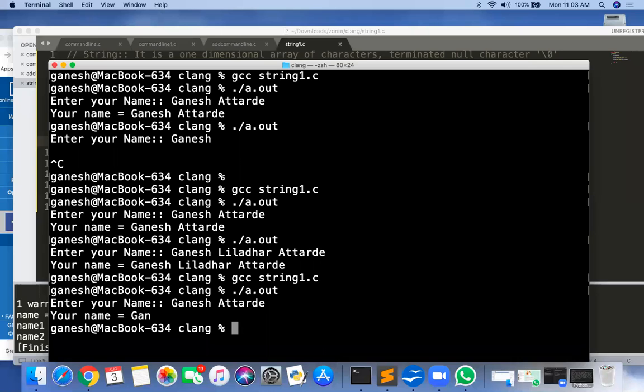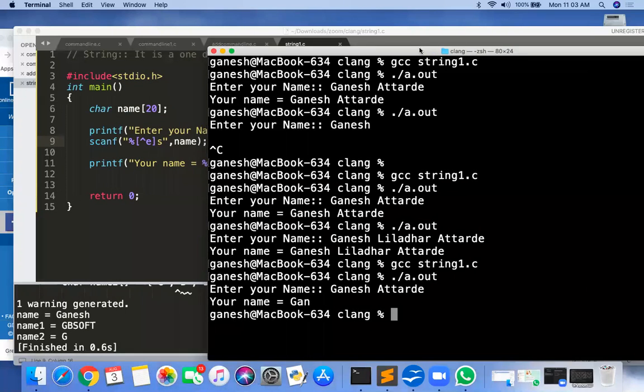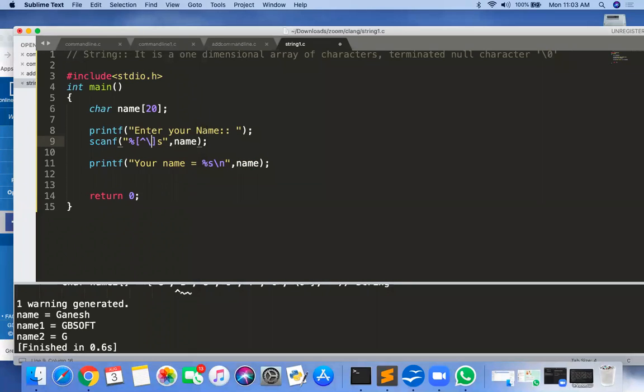Output is only GAN. Why is the whole string not scanned? Because you have given only till E, sir. Yeah, you have given scan up to E. So whenever the E comes, your scanning will be over. Getting? Yes, sir. So the same technique I can use by using \n. Up to \n, I want to scan it. Very simple. \n is the end of my string.